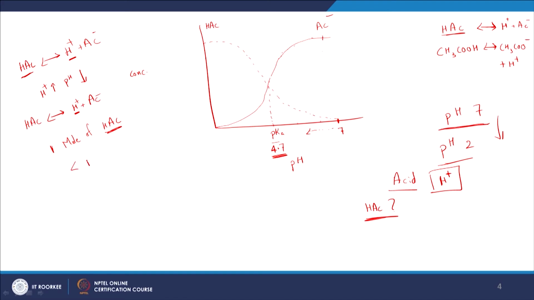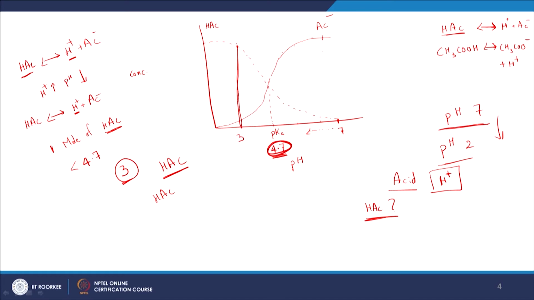So, below 4.7, or let us say if I need to go to pH 3, and let us say this is pH 3, and I add acetic acid to the solution, will it be able to bring down the pH? Not in the usual cases, unless you dump a lot of it, or even if you dump a lot of it, probably not. Why is that? Because any HAc that you add at pH 3, as you see that pH 3 is less than the pKa,